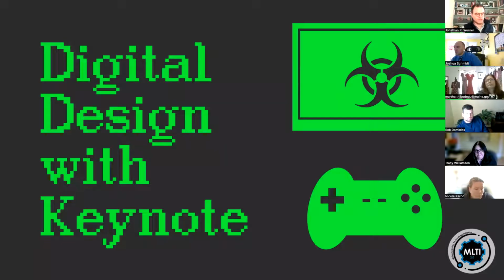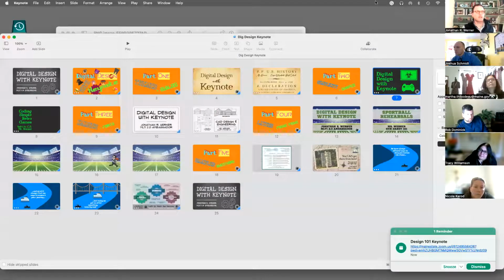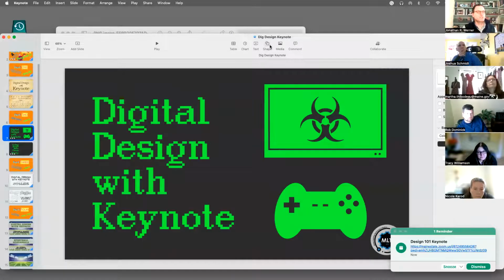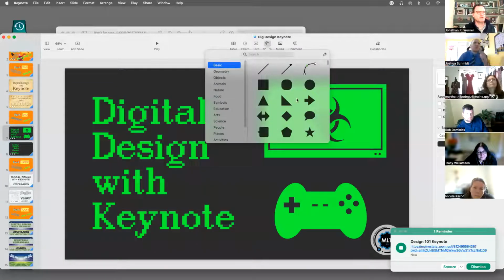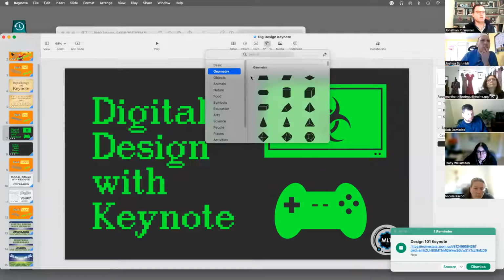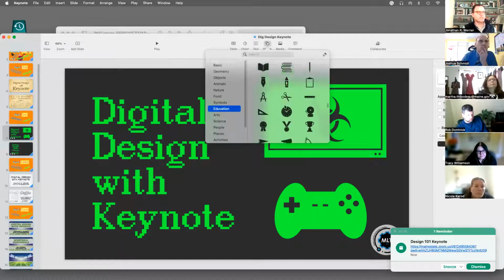And I thought I'd show you for a second where those menus are in here, because we were in a session with Apple the other day, and I think he said there's over 900 shapes that you can insert. So in that slide that I was just in here, if I do shape, basic are these, but as you work your way down, you have geometry, objects, animals, etc. Down in education,